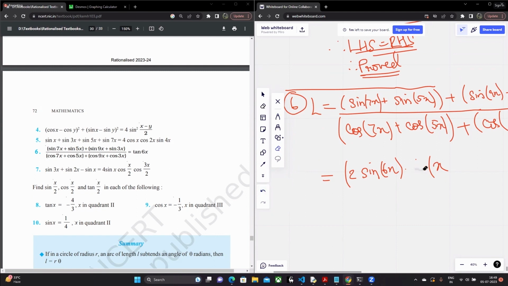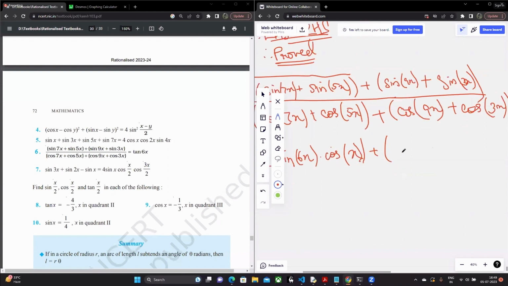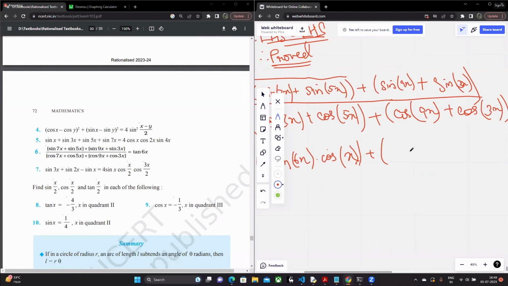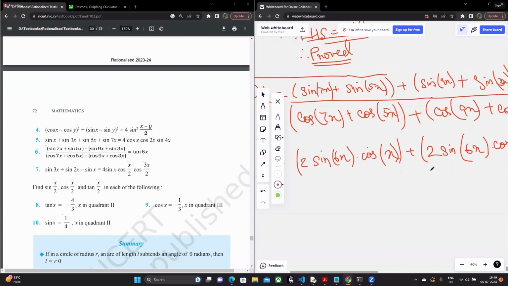You get cos x over here. Plus here it's 9x plus 3x, so you'll get 2 sin of 6x again, but you'll have cos of 9 minus 3 is 6, so you'll have cos of 3x. Whole divided by